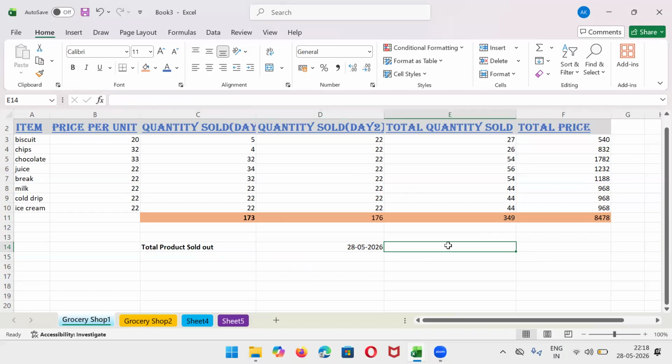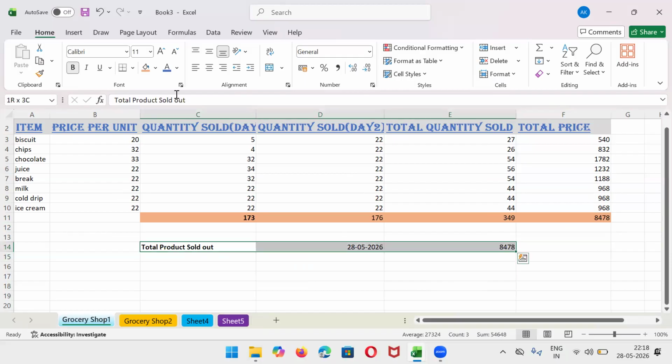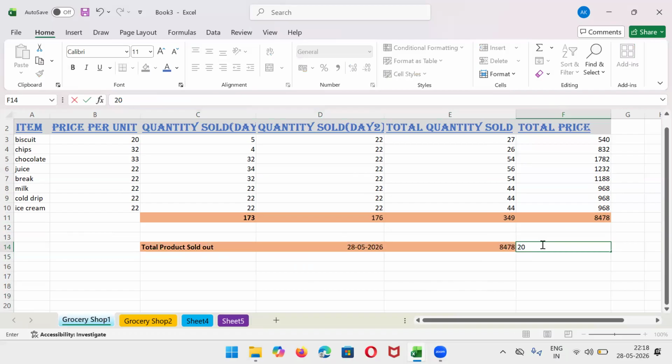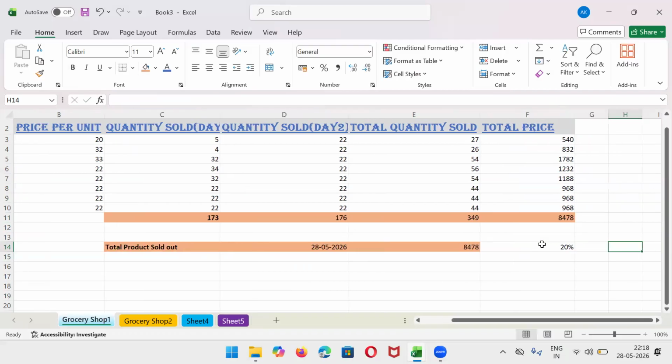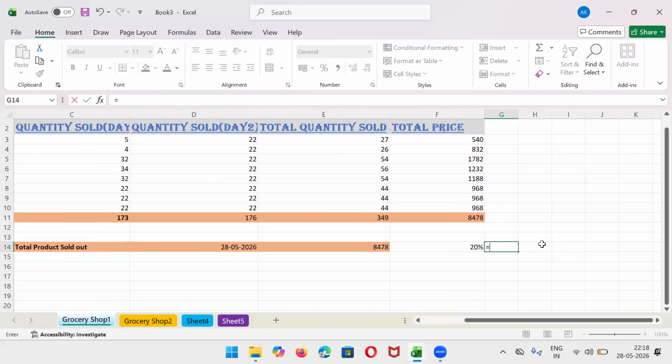Okay. And suppose I want to find out, I just want to put a value. So what is this column called? F column, 11th row. So I will put it here equal to F11. See, whatever is in the F11 cell has come here. Now I want to find out 20% from it. So what I can do is add a formula, equal to